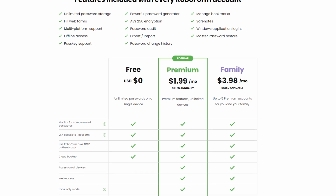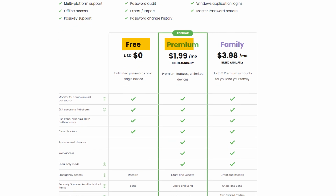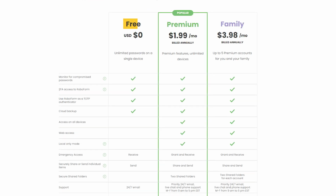Now, when it comes to their plans, Roboform offers 3 different plans to choose from: the free version, premium, and family. So for starters, the free plan gives you the basic features such as monitoring for compromised passwords, 2FA access to Roboform, cloud backup, and using Roboform as a TOTP authenticator. You will also be able to access it on one device, and you will only have access to 24/7